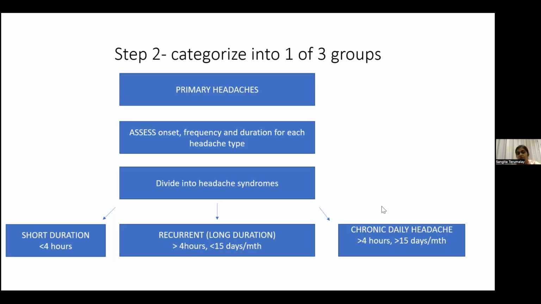But it's usually just one-off, right? Recurrent long duration is more than 4 hours, but it occurs in less than half of the days of the month. Chronic daily headache is more than half of the month, more than 15 days a month. Why this is important is because it basically classifies them into